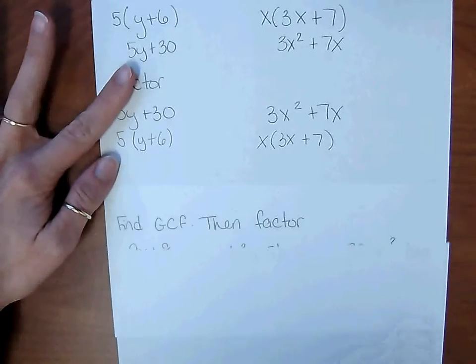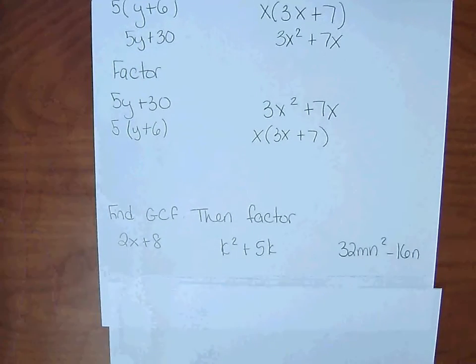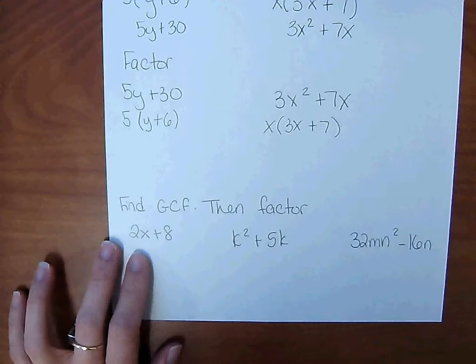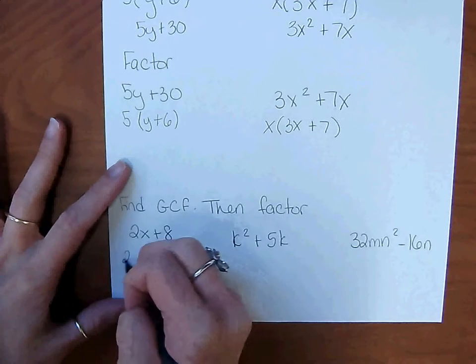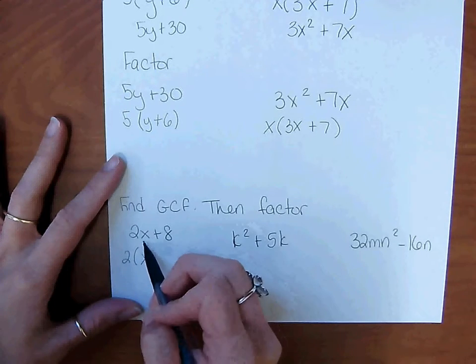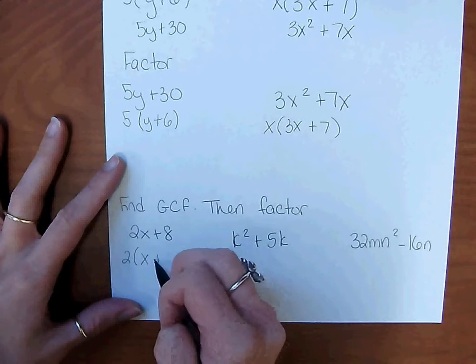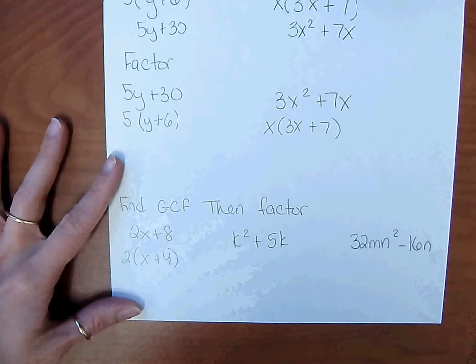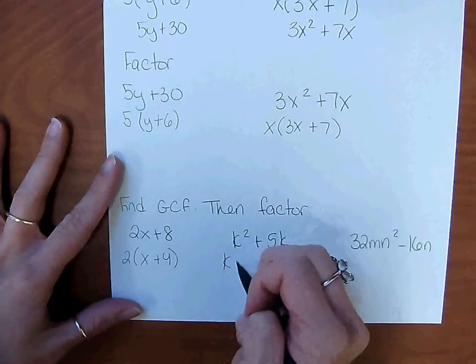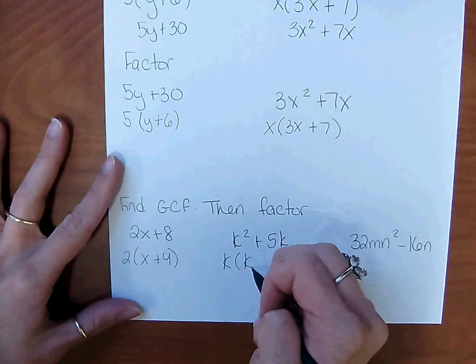So let's go ahead and find the GCF and then fully factor. So for 2x + 8, a 2 can come out of both terms, and 2 times x is 2x, and 2 times a positive 4 is 8. k squared plus 5k, pull out a k from both terms, and inside the parentheses will be k plus